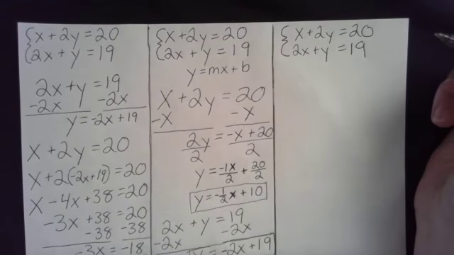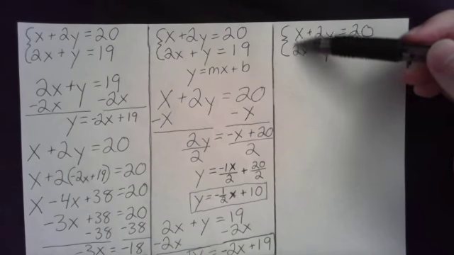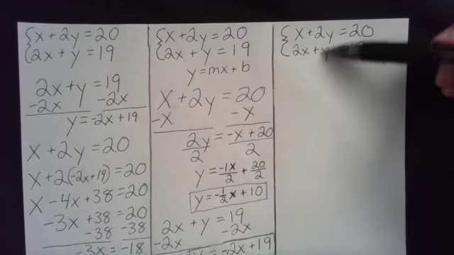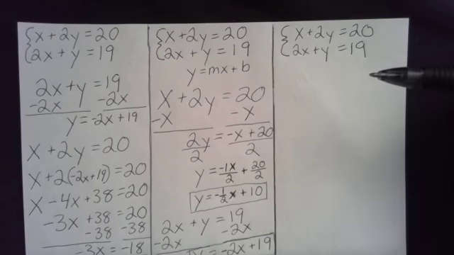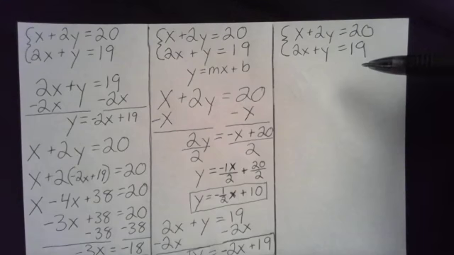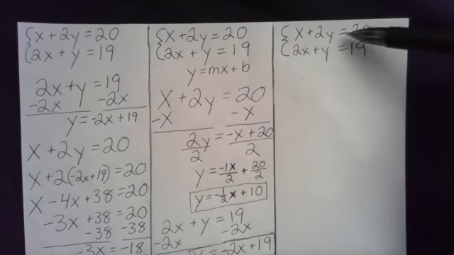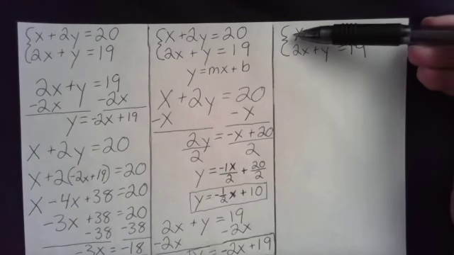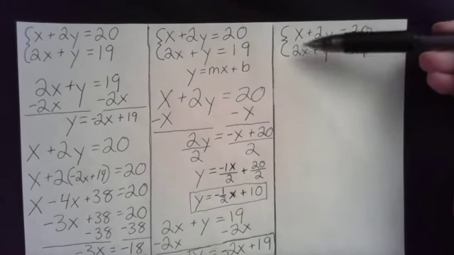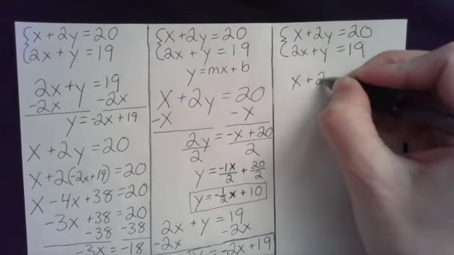Now remember, for elimination, you want to get the coefficients on the x's or on the y's to be opposite so that we can add the two equations together. In order to do this, I'm going to need to multiply one of the equations by -2. I'm going to go ahead and multiply this top equation by -2 because then when I add the x's together, they will be eliminated. First, I'm going to rewrite the top equation,